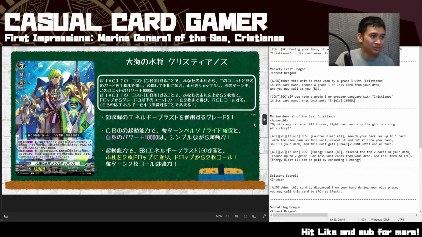But if we do get some kind of support that restands itself, if it was called from the drop after it attacks, that's great. If we get something that is a delayed call after Vanguard, let's say if this unit is called from drop by Cristianos, bind this unit, and then from bind zone after the battle that your Vanguard with Cristianos in his card name attacked, you may call this unit to rear, and it gets like +5 or whatever. I think trying to find different ways to make this viable,